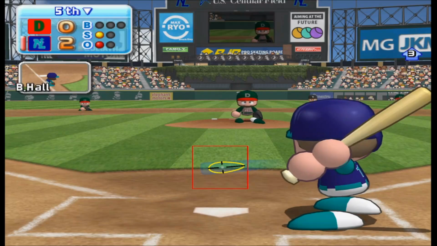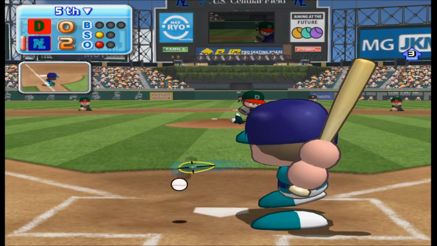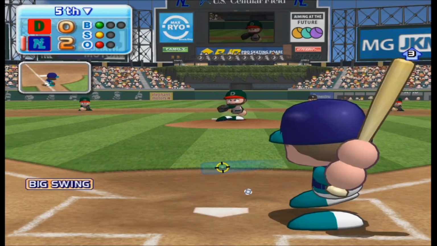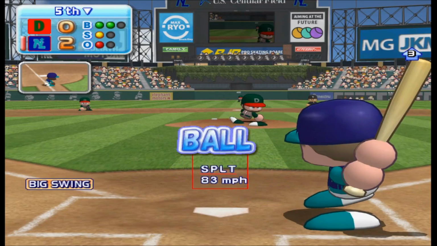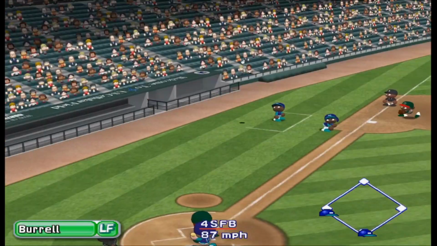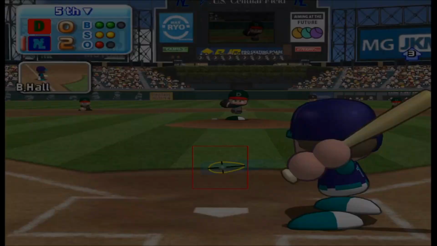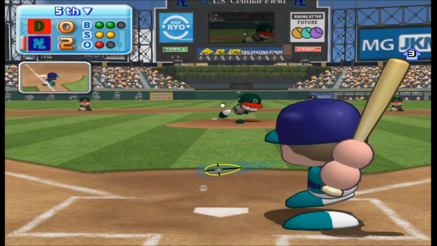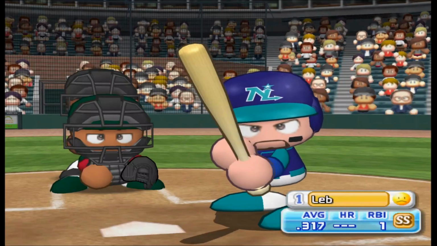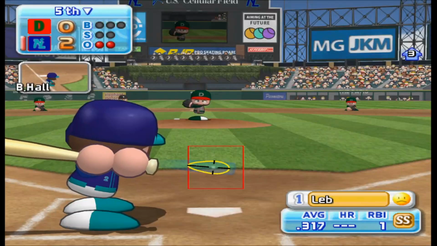That's a strike. Out of the zone, ball. Foul ball. This one goes into the stands. Strikeout looking.